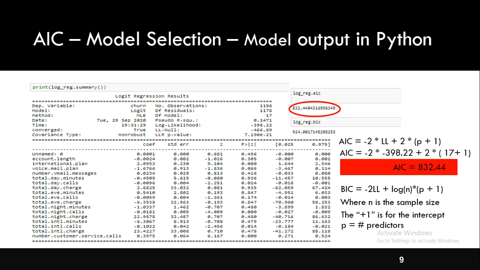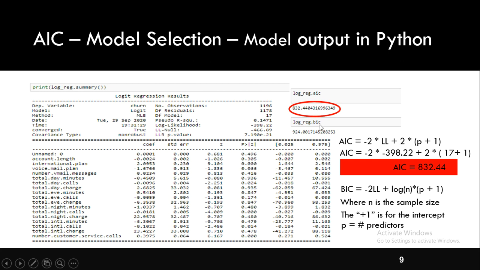We have something else called pseudo R squared. It is a substitute for the R squared value in least squares linear regression. It is the ratio of the log likelihood of the full model to that of the null model. Like in R, the AIC value is not printed as part of the summary function. It is not available here. You'll have to find it explicitly, but you don't have to compute it manually. Followed by the model name, the logistic regression model name, dot aic. If you specify it, you can get the AIC value.